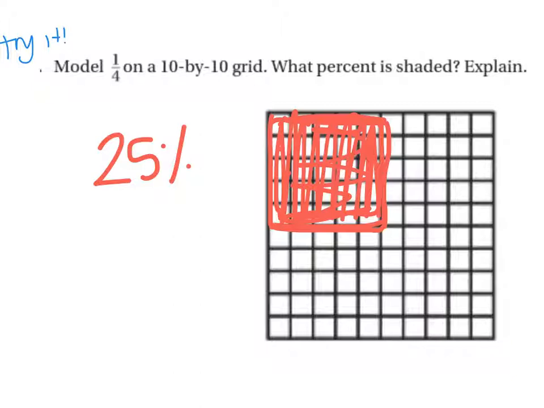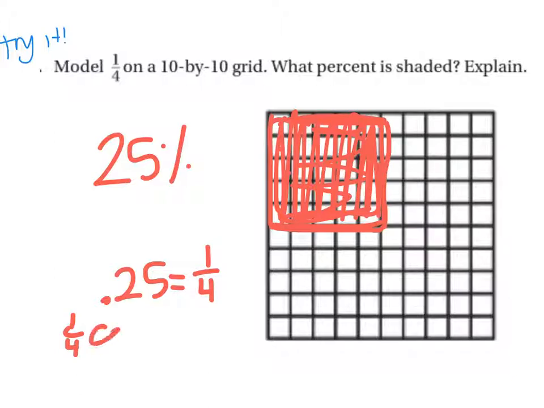And if you remember from when we studied decimals at the first of the year, 1/4 can be written as a decimal as 0.25. So start to notice that these are the same thing, and percents just flow into fractions and decimals like we've been learning previously. And then if you were to explain this, you would explain